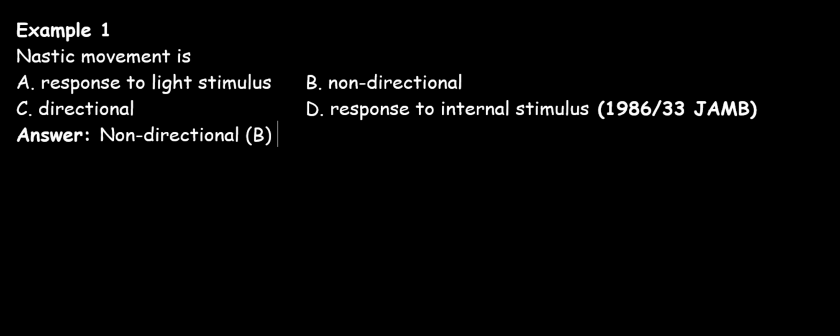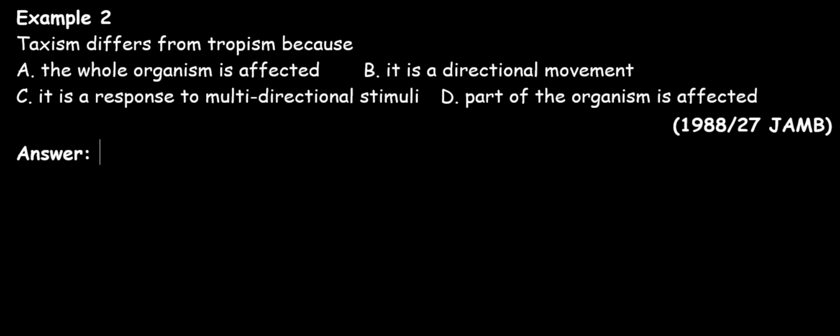Our question 2. Taxism differs from tropism because A. The whole organism is affected, B. It is a directional movement, C. It is a response to multidirectional stimuli, D. Part of the organism is affected. The correct answer is A, because in taxism, the whole organism is affected, but in tropism, just a part of